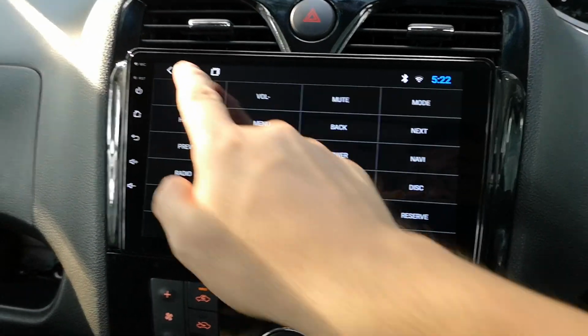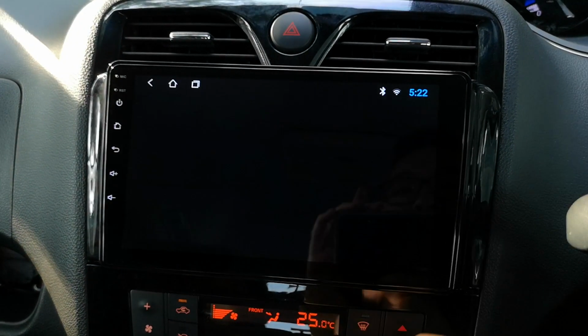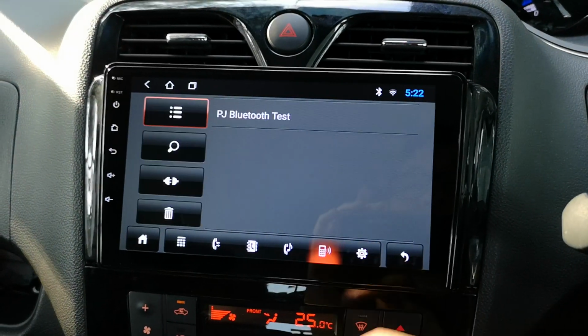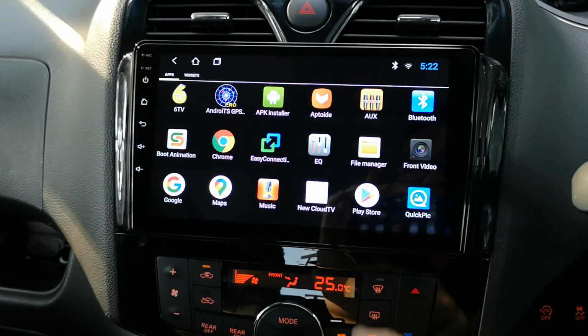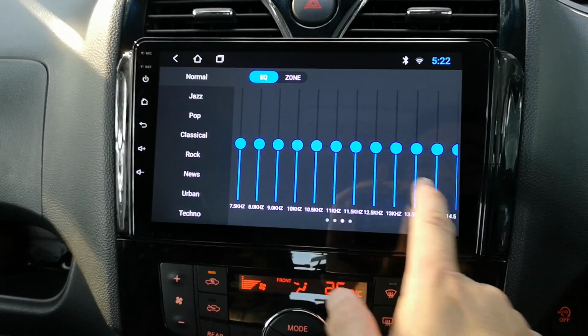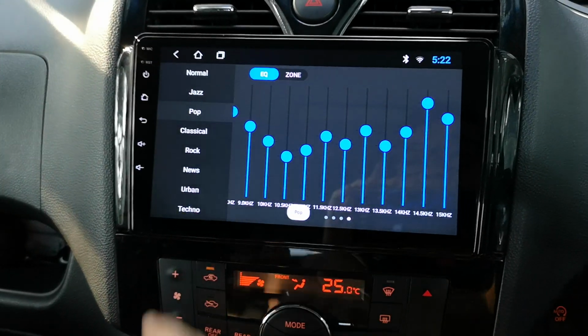steering control, Bluetooth, pairing with your phone Bluetooth. After that, click the music icon for Bluetooth music, sharing phone music to the car player. Equalizer, preset equalizer,